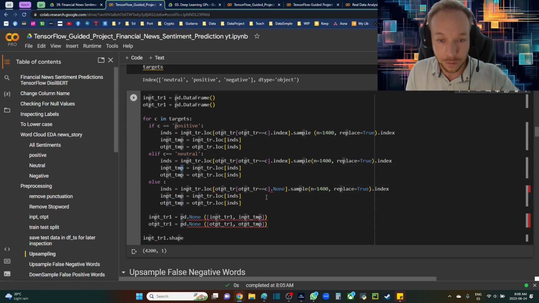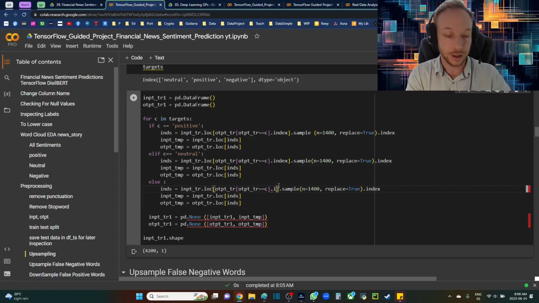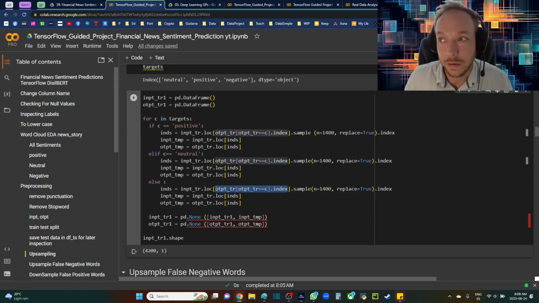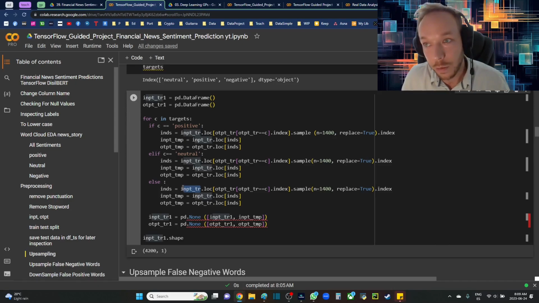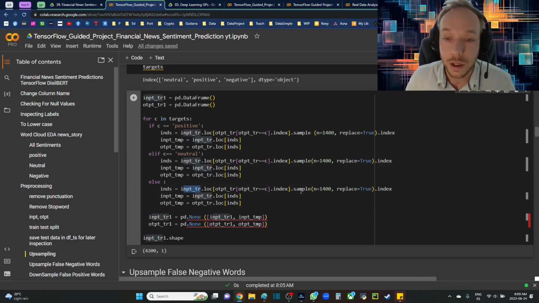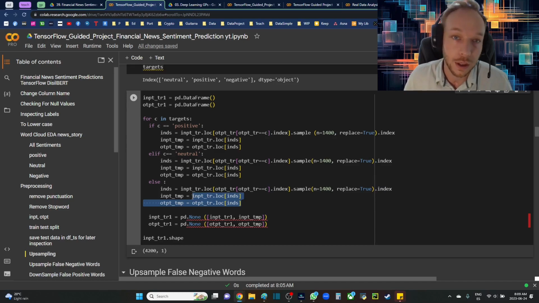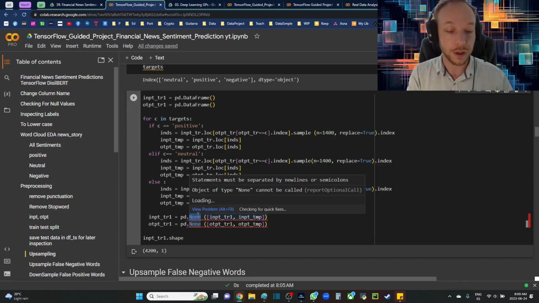So what we're going to do is take the index values right here. So we're going to logically index, and then we take the index values of that logically indexed series, I guess you would say, and we're going to take the index values to sample from the training input. So we use the output to sample from the training input. Take samples of that. We save those indexes so that we can sample both the train input and the output together. And we're just doing this for the train because we don't really want to upsample the data set as a whole,